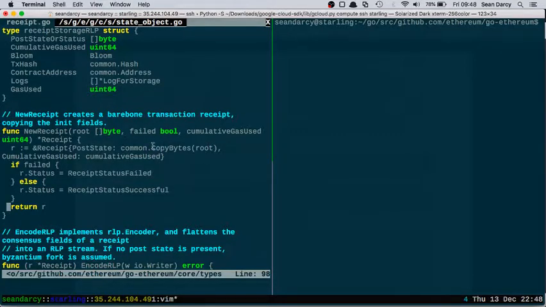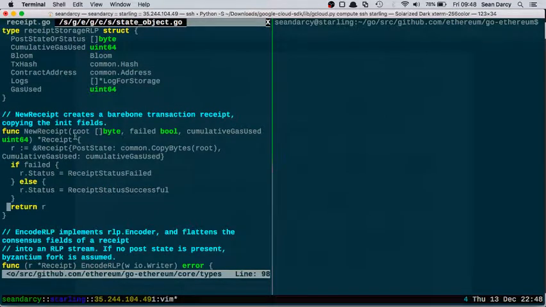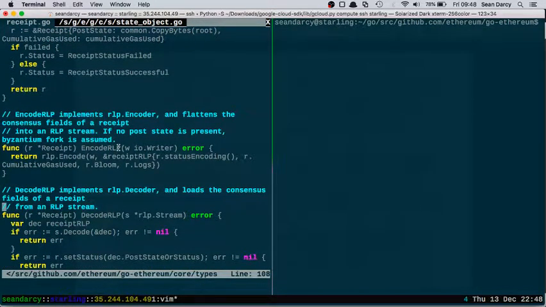Post state copy bytes. So making a new copy of the root, which I assume is their RLP encoding of this state object here. Again, I haven't seen exactly where it says that, but I just get the feeling that's what they've done. They're sort of chaining together. Cumulative gas used, you have to calculate that externally. Encode RLP. Once again, they just define, so if you've got the receipt, you can go encode RLP to